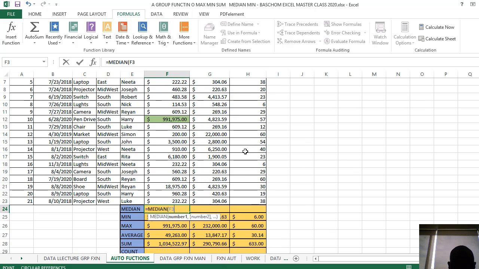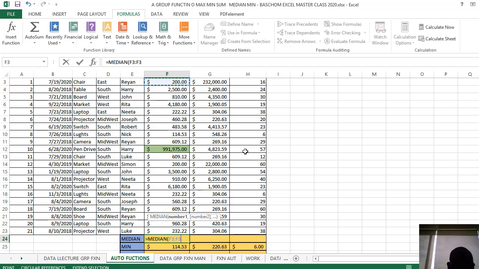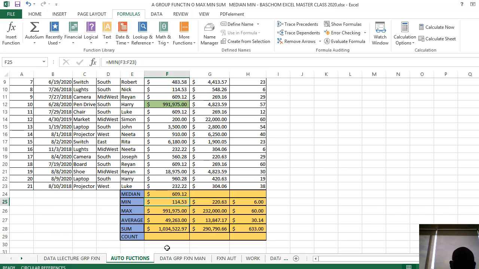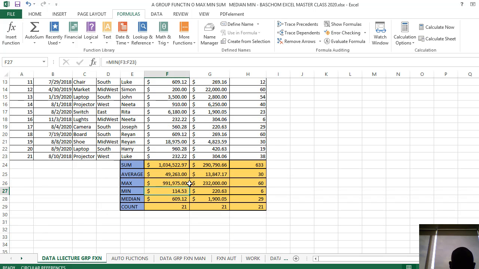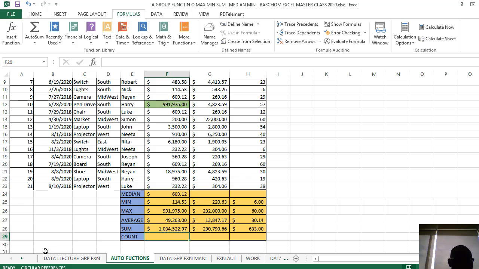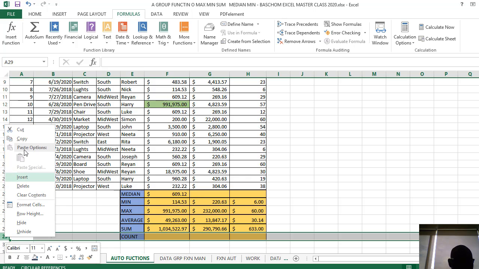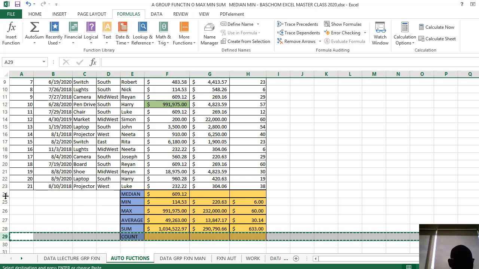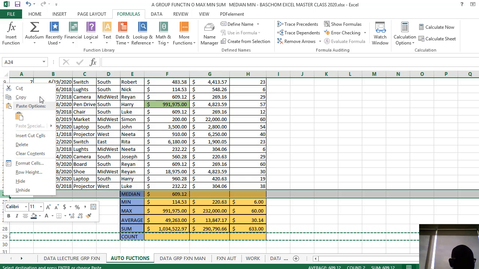equal to, column, plus close the bracket. So for the count also, what do I have here? 609, yes, correct also. Now, to get the count, we've said before: click, cut, insert cut cells,